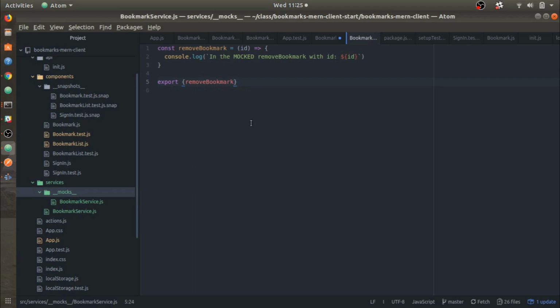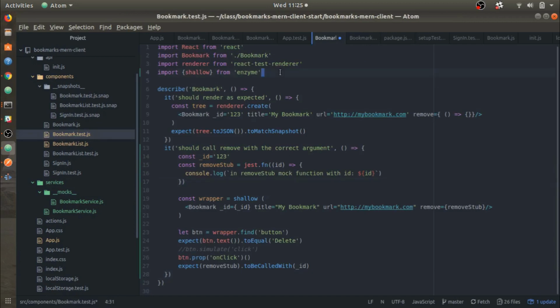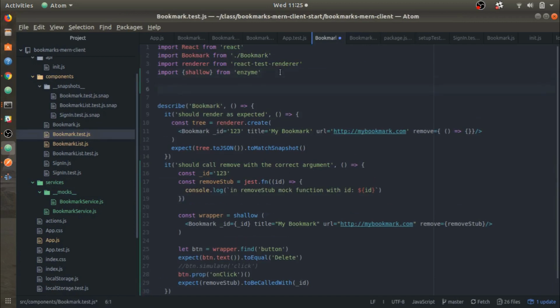Okay, so now we'll make use of it. So we're going to add another test to our bookmark test. So we have to do two things if we wanted to use this mock. The first thing we have to do is say jest.mock, and we're going to tell it that we're mocking services bookmark service. Now what we're telling it is that I've created some mocks for this module, so go look for them before you run this test, and you define the functions that are called in this test. Okay? So we add that,